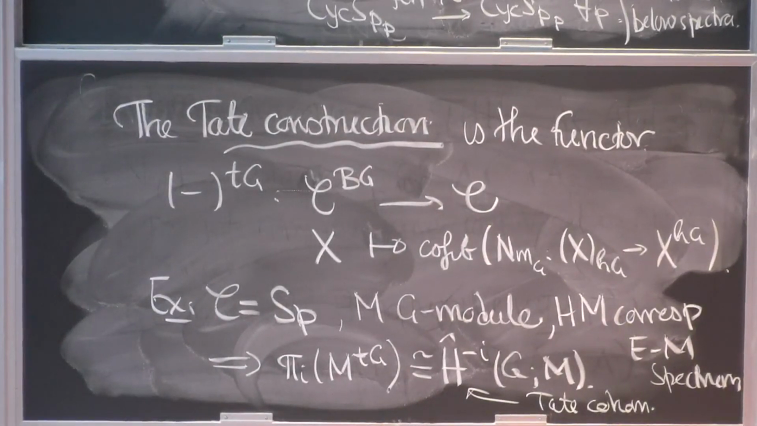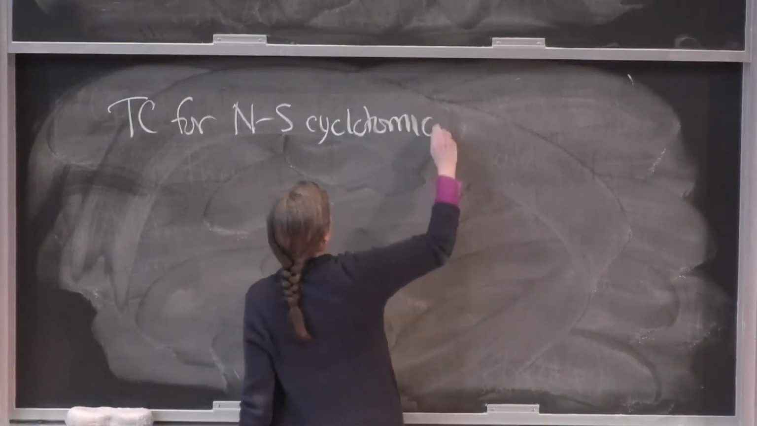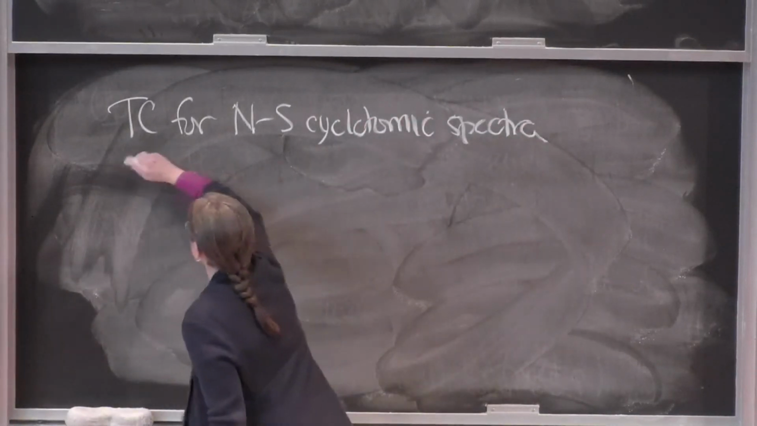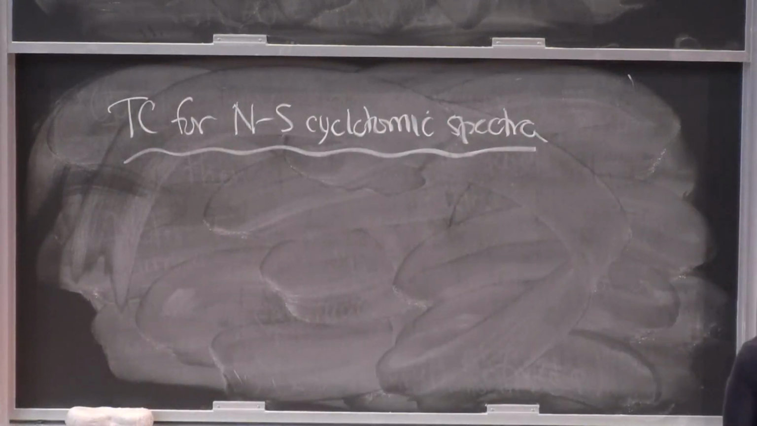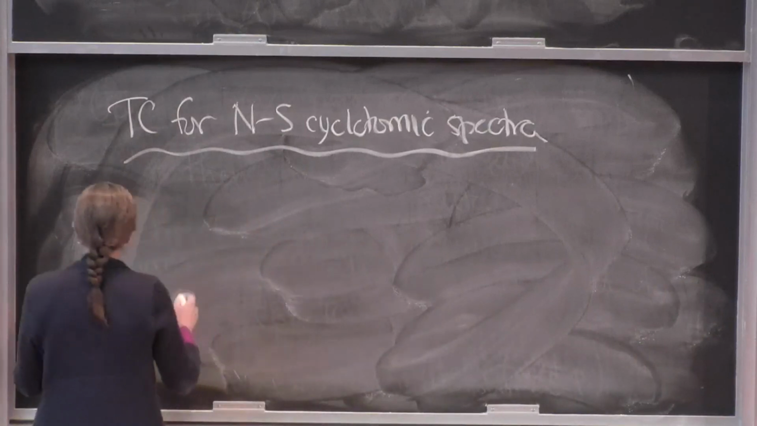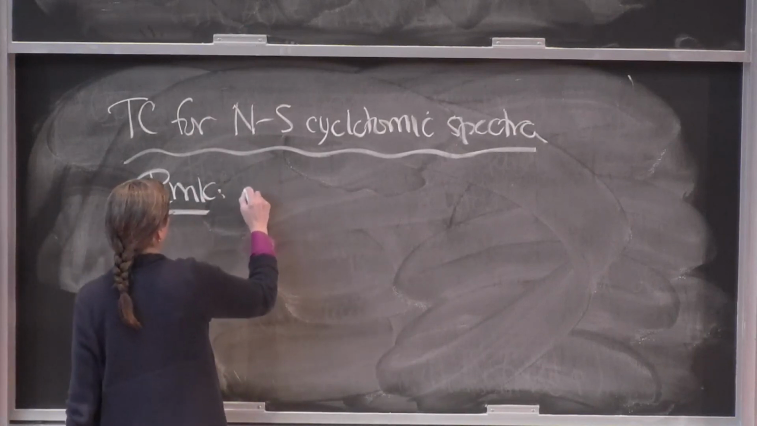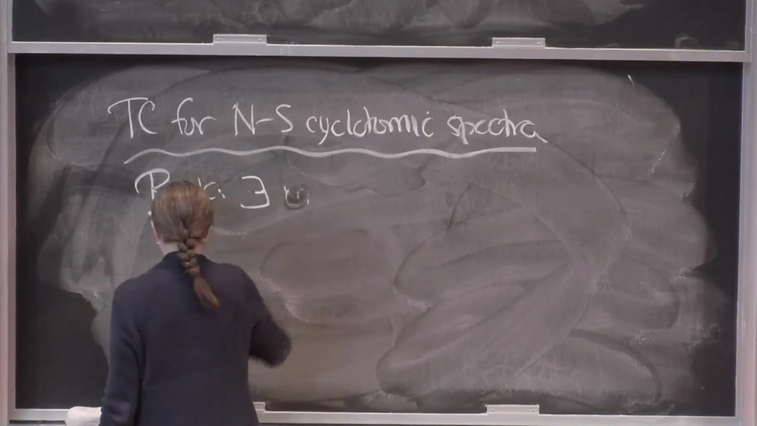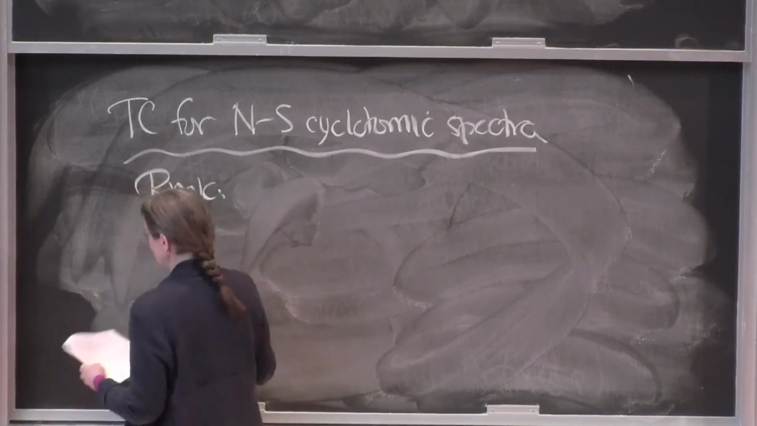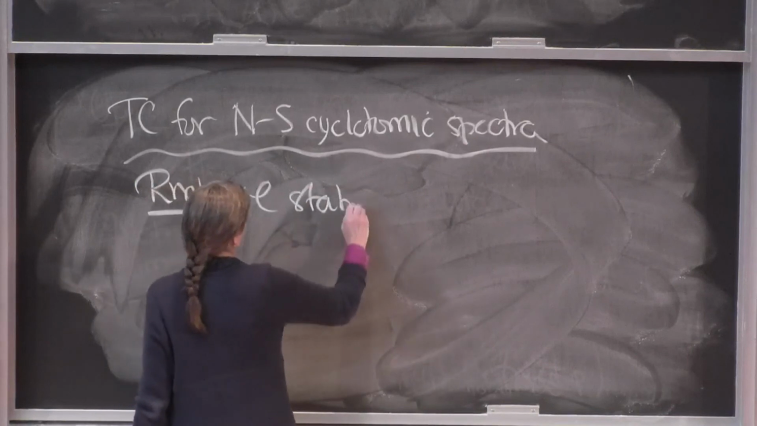So in the last 2 minutes, let me say something about how we can think about TC in the context of the Nicolaus-Schulze cyclotomic spectra. Once you have this definition, it turns out to be relatively straightforward. So one remark before I make this definition is that if we have a stable category, so if C is a stable infinity category, so that's any of the examples that we're interested in,